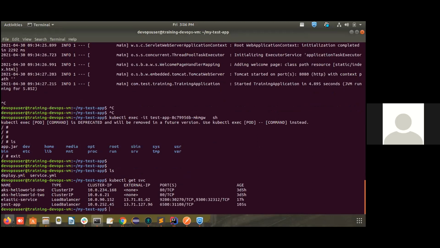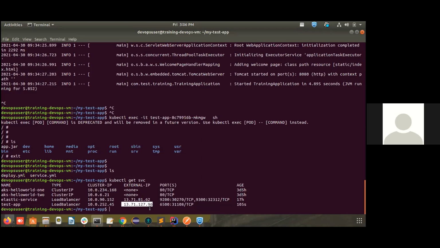You can see here the test app is a service, and the type of that service is load balancer, and we have a cluster IP. Cluster IP is always internal. You will not be able to access that cluster IP outside the cluster. We also have an external IP. This IP you will be able to access from outside. This IP is pointed to 6500, and the application is pointed to 6500.